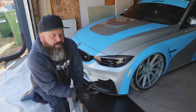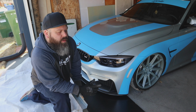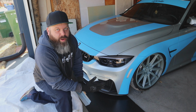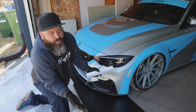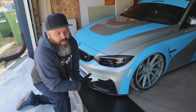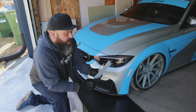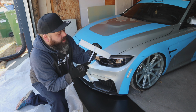So if you watched the first video on how to build a custom DIY front splitter, you'll know that we took the front bumper off the car. This round I'm going to try and do it with the bumper on the car. Fortunately for me, I can actually air the car all the way out and get the front bumper to almost sit on the ground. So now what I'm going to do is I have this piece of extrusion which is